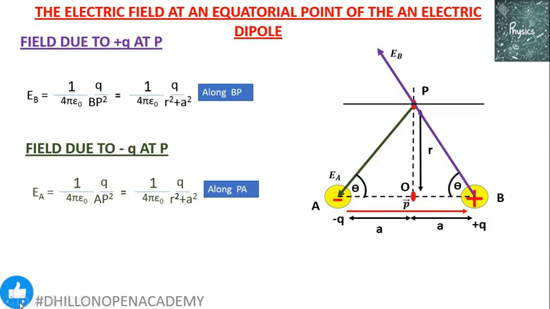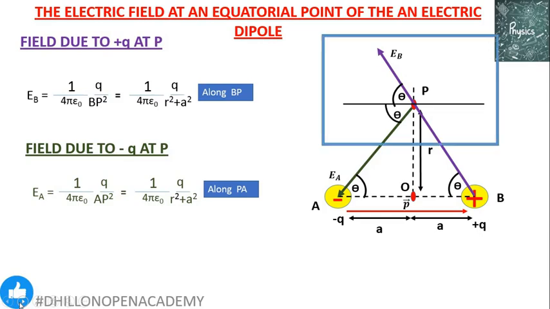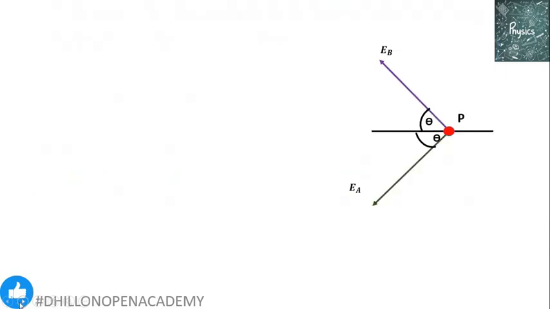For doing that, we draw a line through the point P, which is called the reference line, parallel to the axis of the dipole. So if you concentrate, this angle theta is the same as angle PBO, corresponding angle, and this angle theta is the same as that of angle PAO, alternate angle. So we will concentrate on this part of the figure to find the total field. We already know that the two fields are equal, but making angle theta with the reference line. So we will decompose these two into rectangular components to find that field.